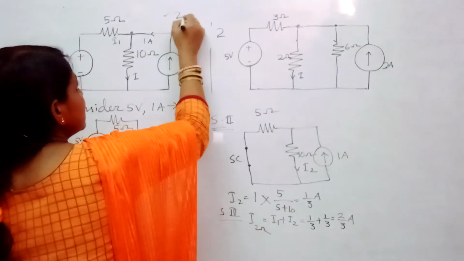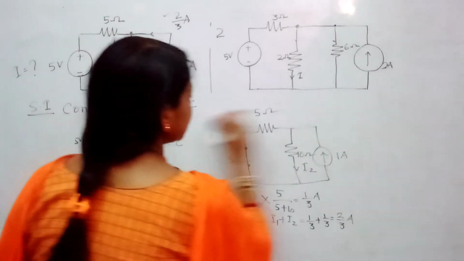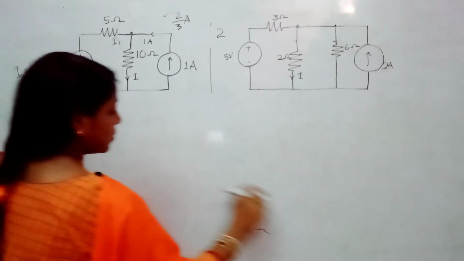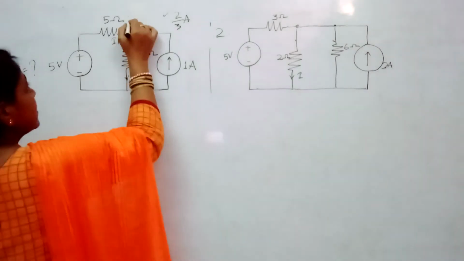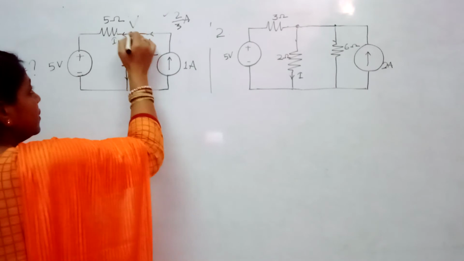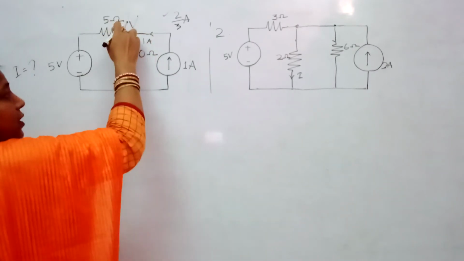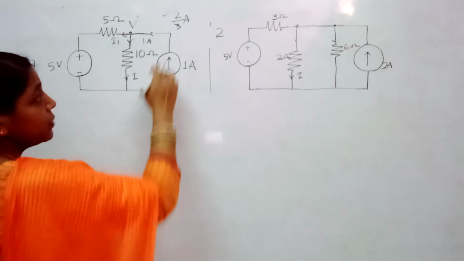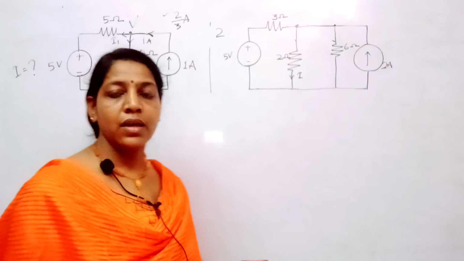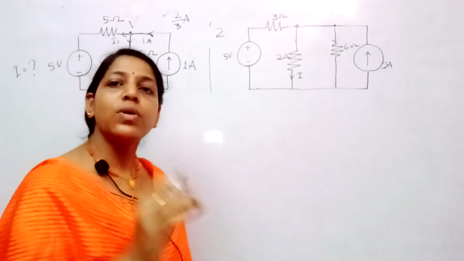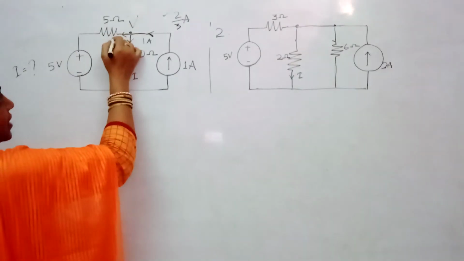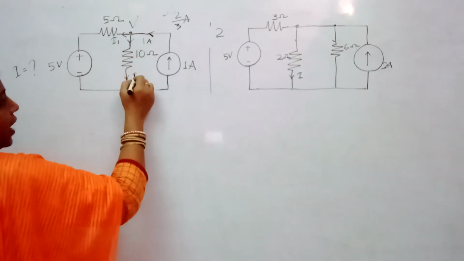Now we know that the answer is 2 by 3 amps. Let us see nodal analysis. If you apply nodal analysis, consider this voltage as V. Normally you assume that current is flowing in all other directions, but here they have already given the current direction, which we should not change. Otherwise you should assume that the node is at higher potential. So write the currents. Let this current be I1, and this current be I, which they are expecting.